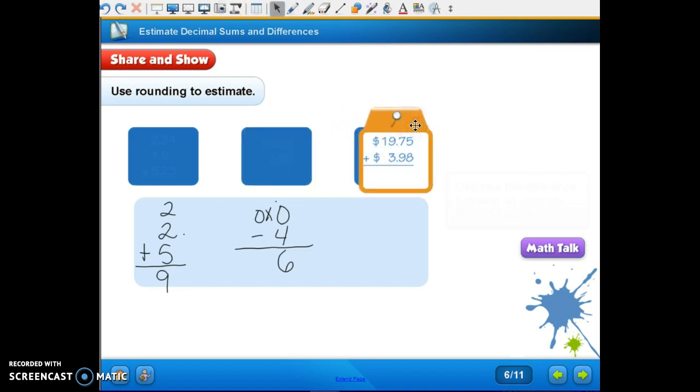Okay. This is the hot problem on our page. Let's go ahead and do that on our own, and then we'll check our answer. Okay. Most of you rounded this to $20 for $19.75. And $3.98, you rounded up to $4. And that would be an answer of $24, the sum of